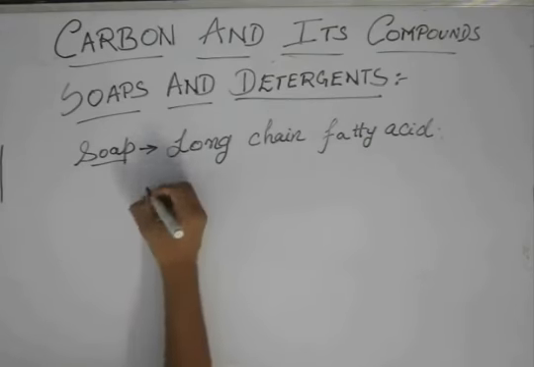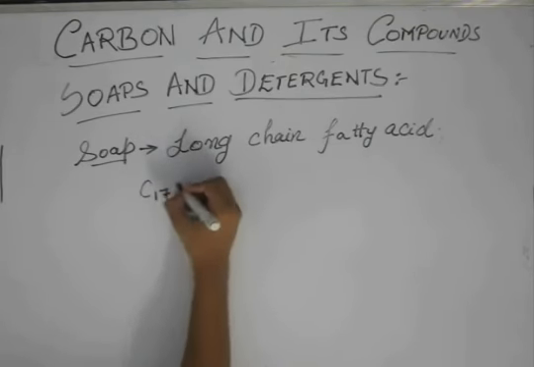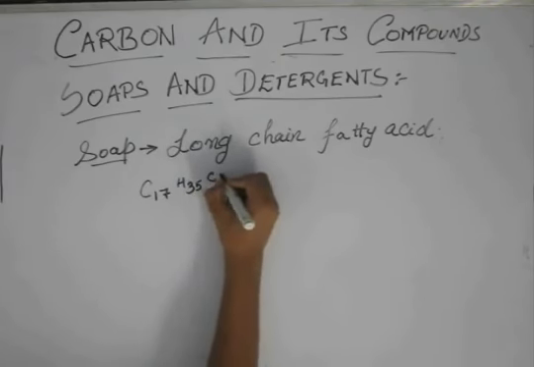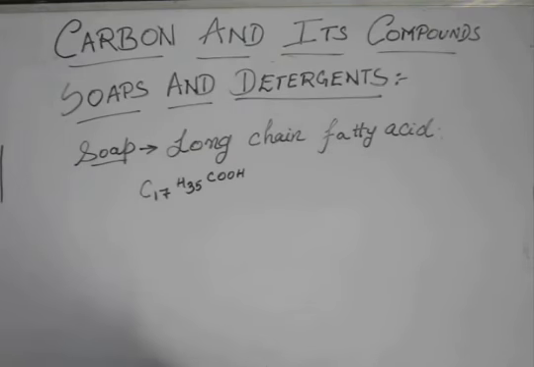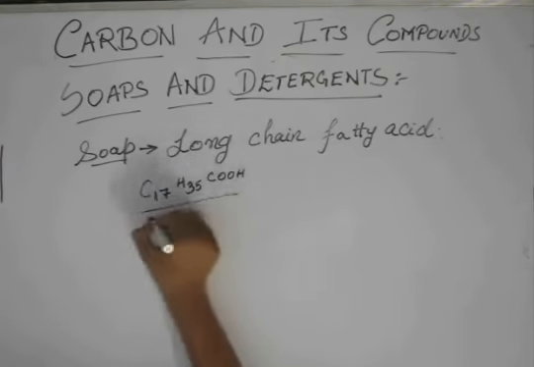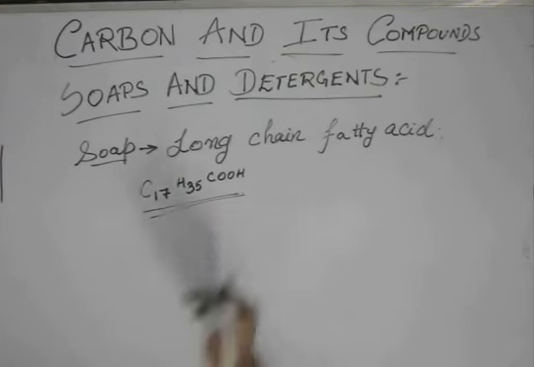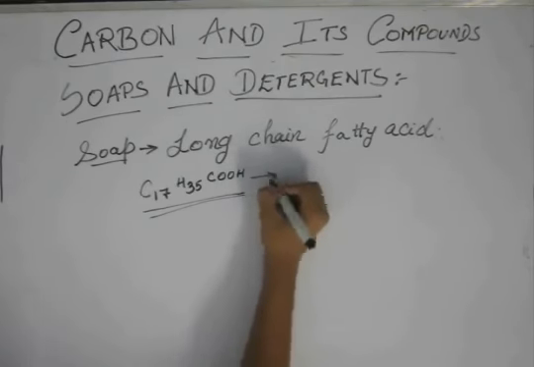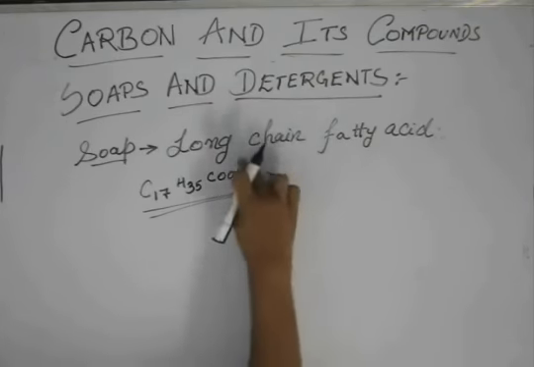I mean, it can be C17H35COOH or something like that, or C18, C20, all these. So this C17H35COOH is one of the major ones generally used in the preparation of soap, or actually